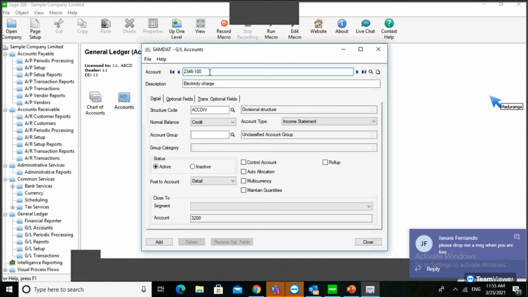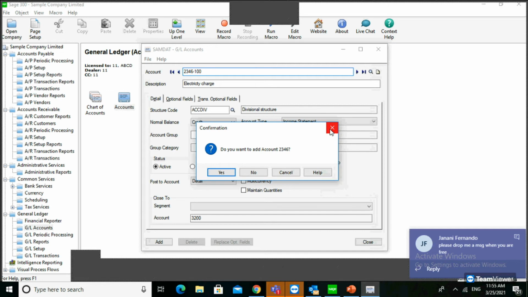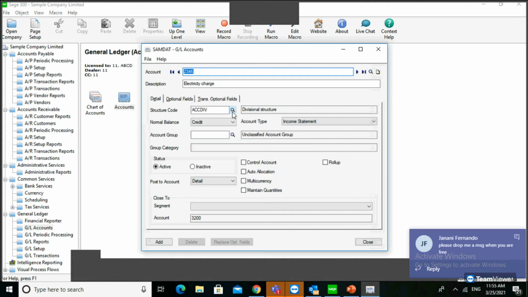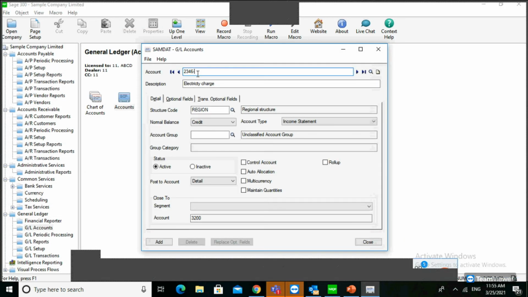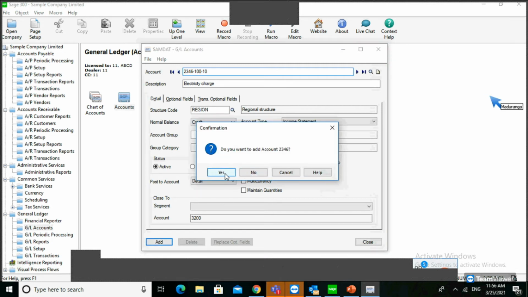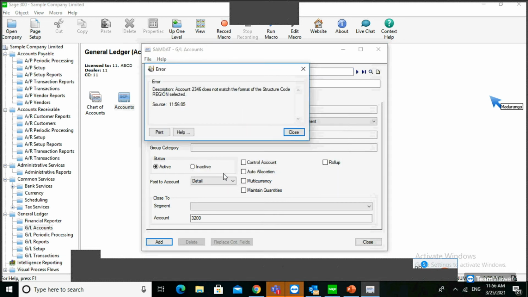If I want to define the region, then I want to define what is the division, and also I want to define what is the region also. Then only we can attend. If you want to add it, yes.